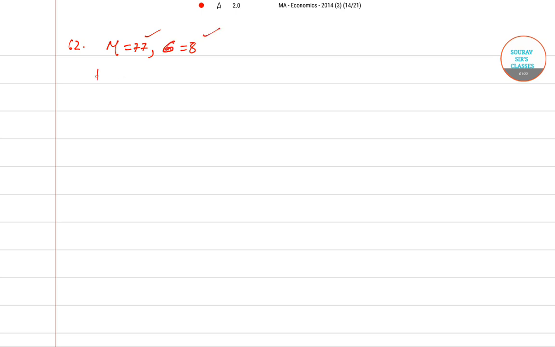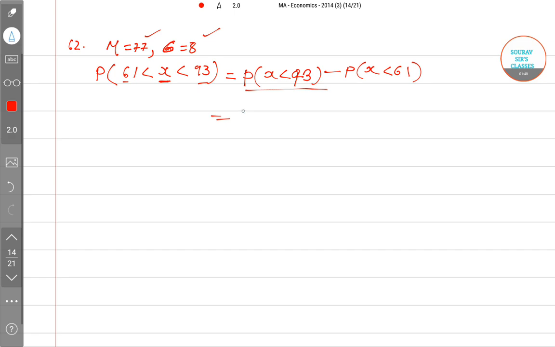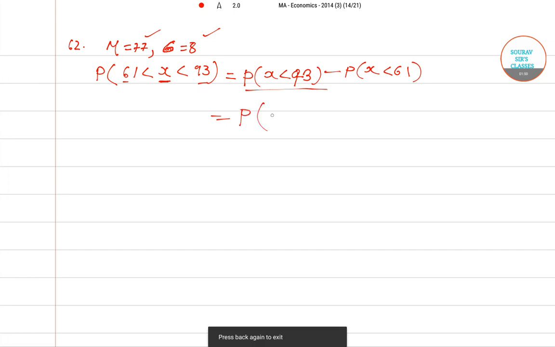Now, probability x belongs to 61 to 93 is equal to probability x is less than 93 minus probability x less than 61. So now if you solve this, we can also write it as probability z1 less than 93 minus